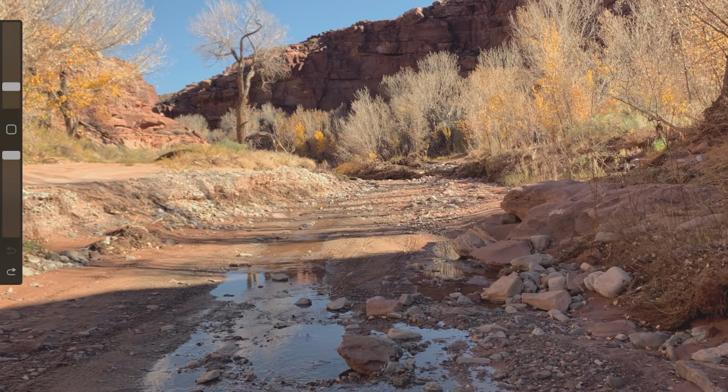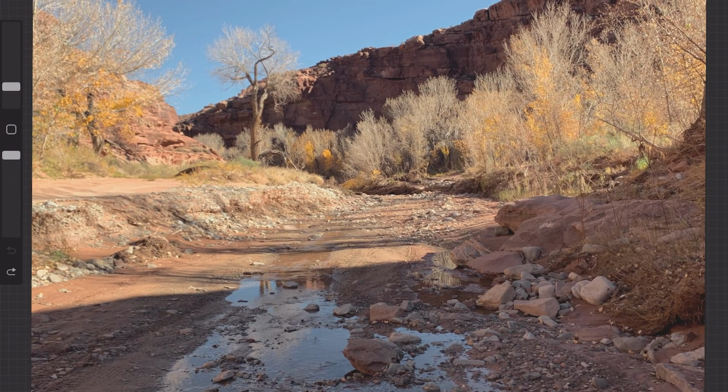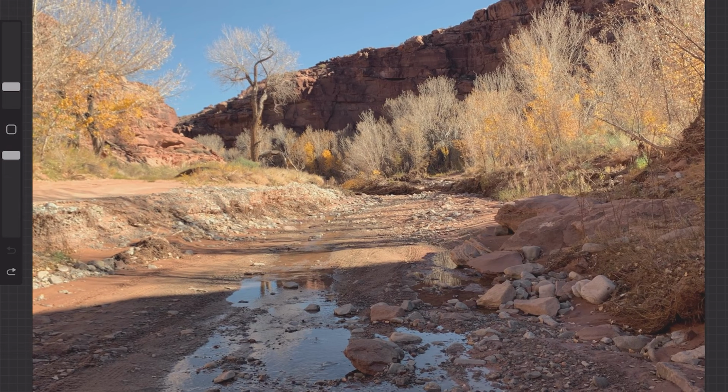This time around, I'd like to discuss edges and point out a few things that you might want to consider for future works in regards to what kind of edges there are out there and how to use them to your advantage. If you look at a subject like this, there's a lot going on, a lot of variety, multiple opportunities for focal points. So obviously, the first thing you want to do is decide, what's your idea here? What's your concept? What's the focus, and where do I want to control the viewer's attention or force the viewer